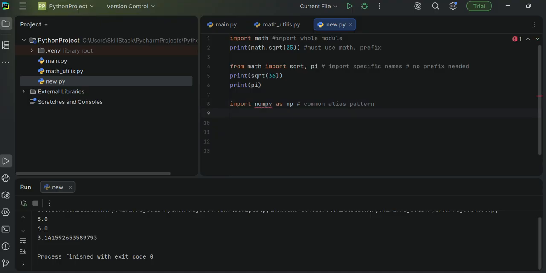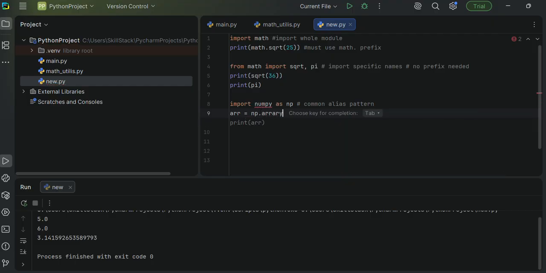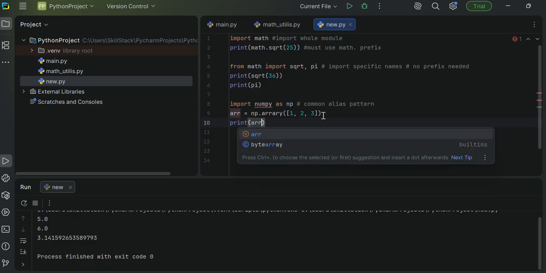Okay, so now let me just write a variable, and np dot array, and let me just write something in it. Some array, let's say 1, 2, and 3. Now if I want to print it, print, let's see what happens. And if you just print it,